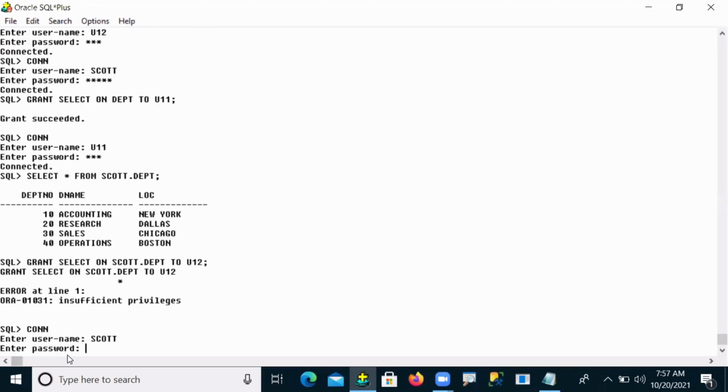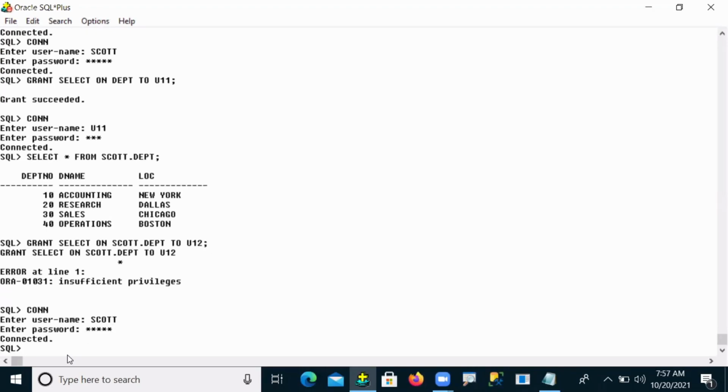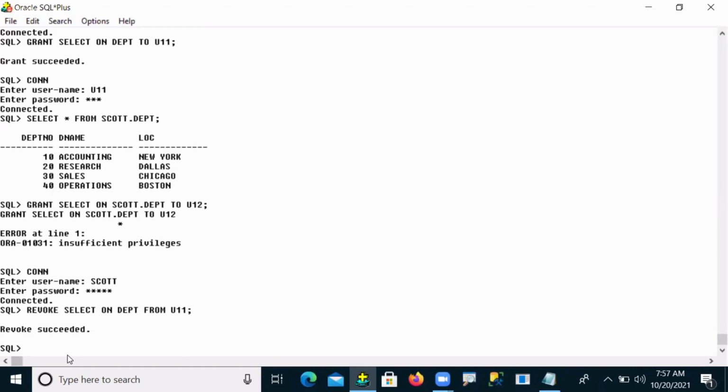So our administrator, Scott, is going to revoke the permission that was given, SELECT ON DEPT, from user 11. So the permissions are revoked here. Now he is giving permission again: GRANT SELECT ON DEPT TO user 11, but now with the statement WITH GRANT OPTION.